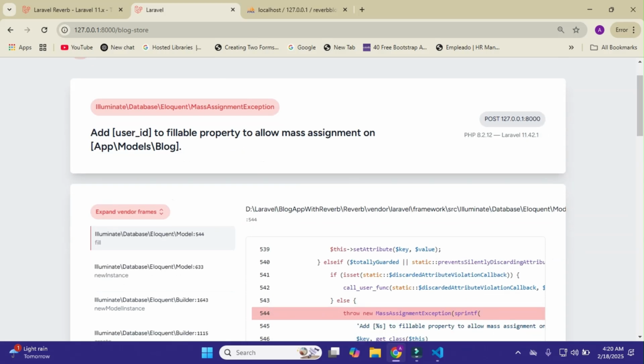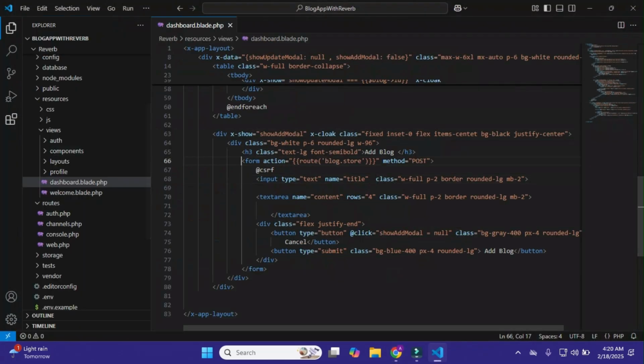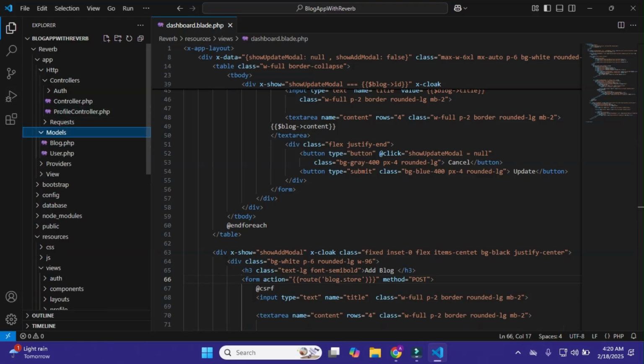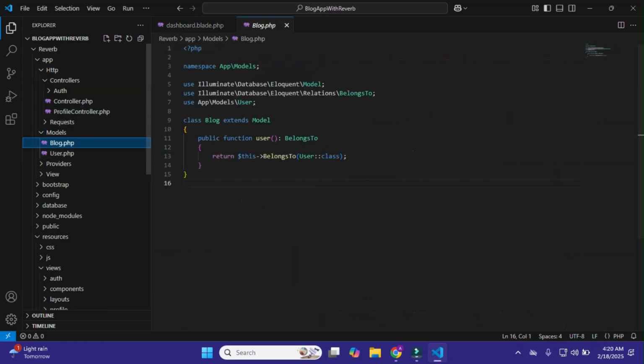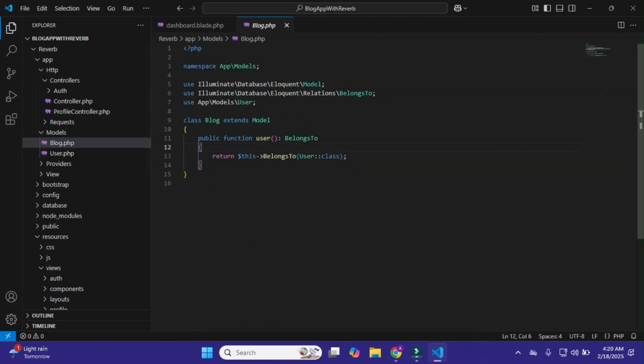Okay, so we need to add the atomic variable in our blogs. Just press Ctrl+P and go to your models blog. Here I'll simply go to my user model, copy it, go to blog, and paste it.